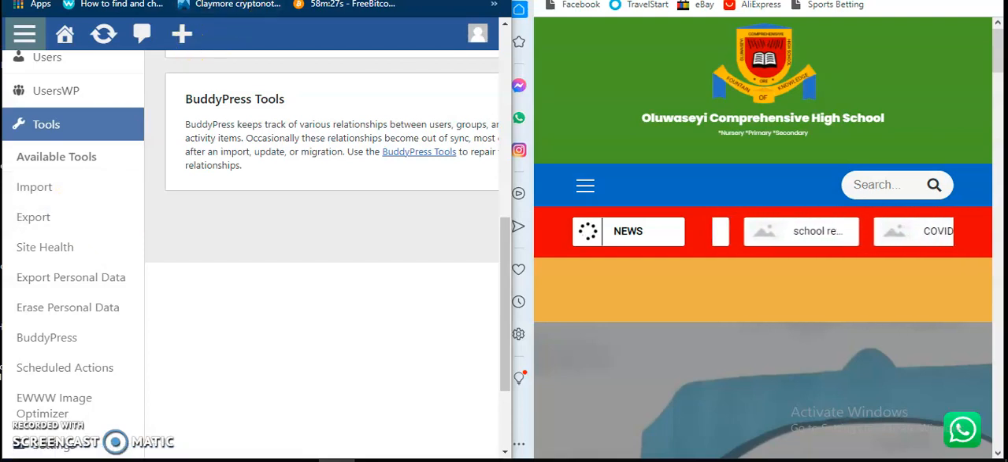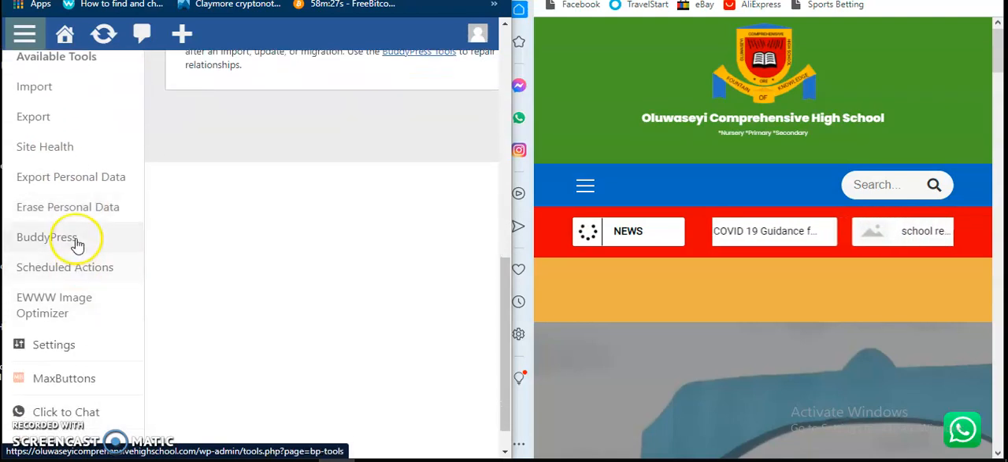You can actually import them using this section. And then you can export, and you can check your site health from here. You can export personal data, erase personal data, BuddyPress that is in charge of